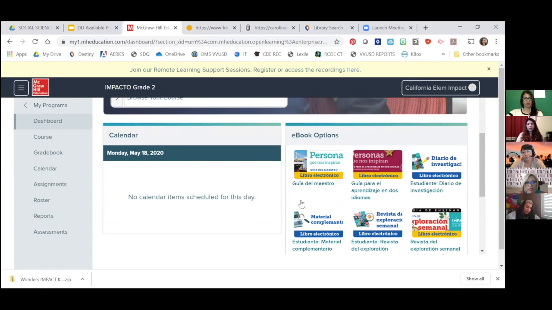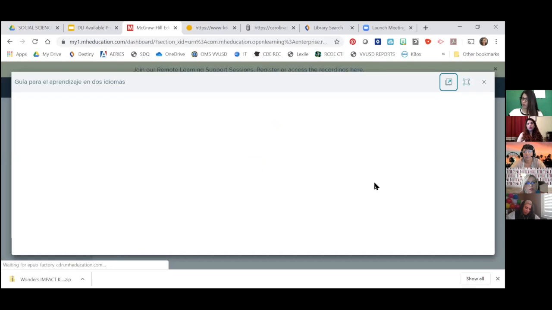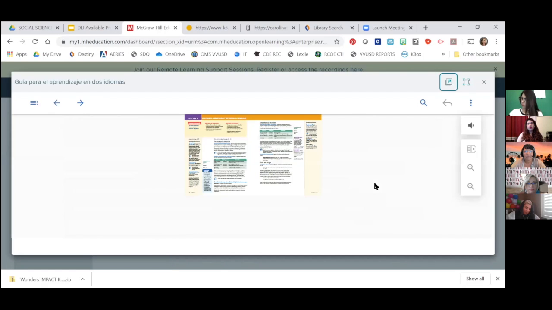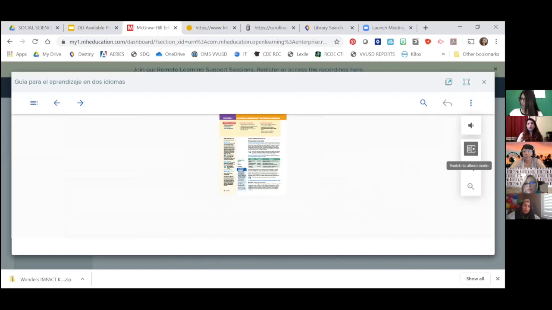And now with the Impact, the idea is there's a unit lesson, and as the kids are exploring through their weekly lessons, they're creating this giant unit project. So it's really incorporated project-based learning within Impact. What's unique to the Spanish version of Impact is they do have this dual language teacher's edition. And so that is specific